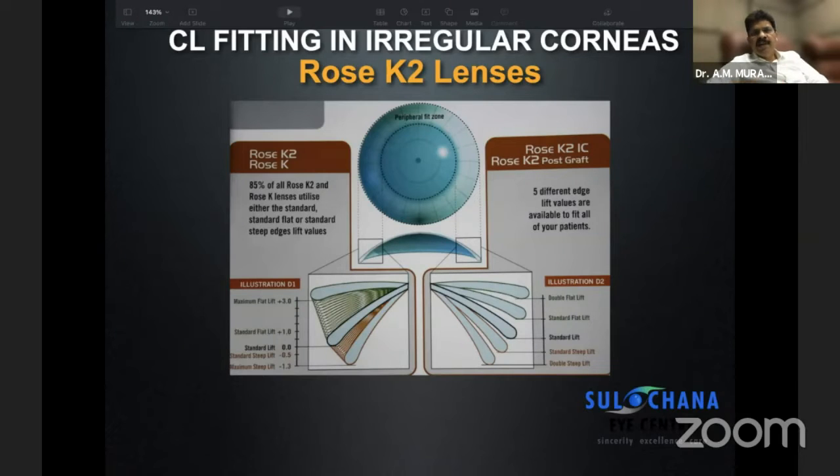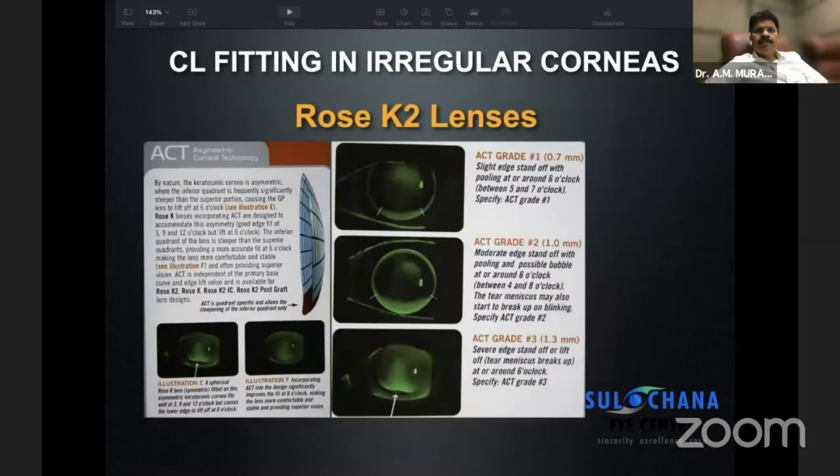chart below, the figure below on the left bottom side, you can actually change the position of the peripheral flange. So the lens would still be fitting perfectly in the center, but depending on whether you want to elevate the periphery or depress the periphery of the lens, you could do what is called changing the vaulting of the lens in the periphery.